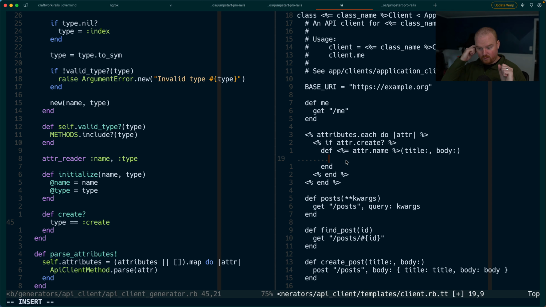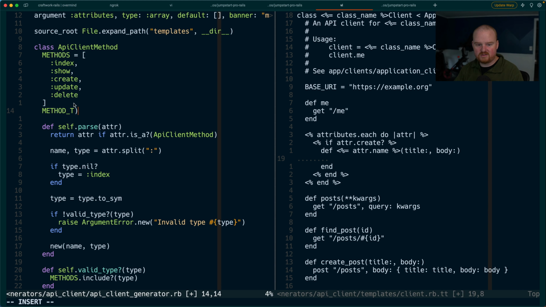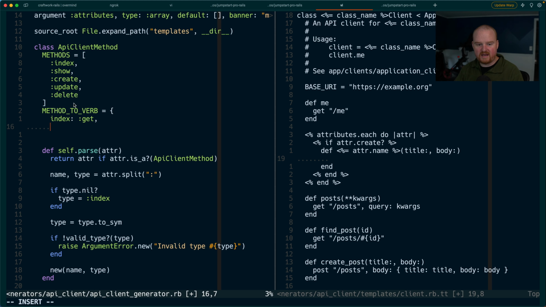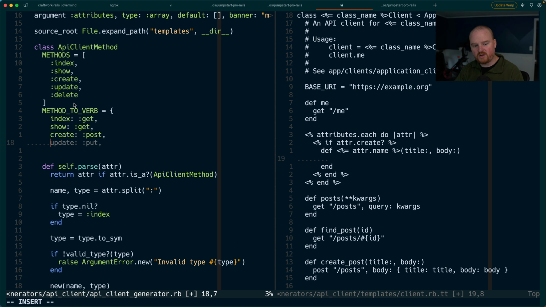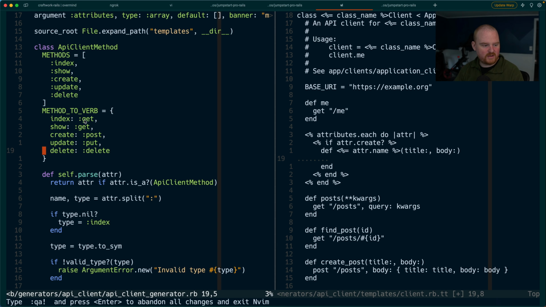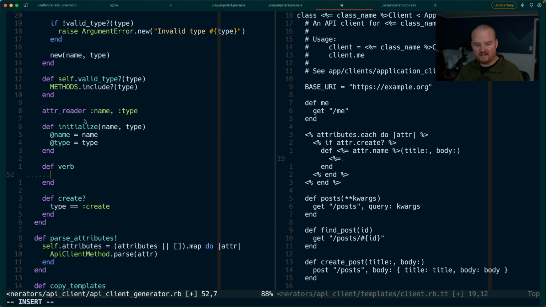Now, when we're printing out the HTTP verb or method here, we want some way to do that that doesn't map to the Rails action names. So maybe we have like method to verb. And this is going to be like, index is a get, show is a get, create is a post, update's a put, delete's a delete. Update could be put or patch or whatever. Depends on your API. Maybe you have to go in and change that, but that's fine. Okay, so now we can use this method to verb constant to get a verb out based on